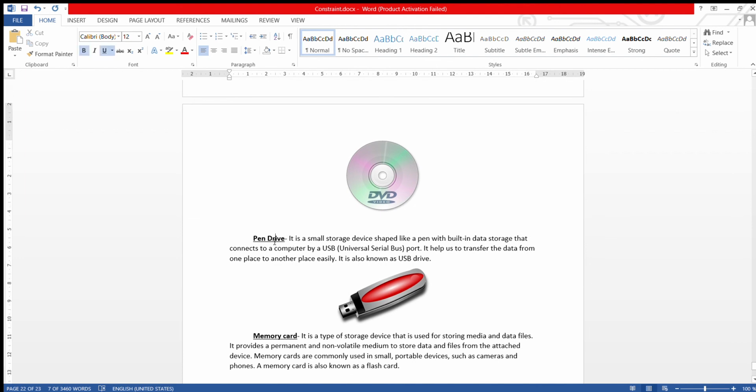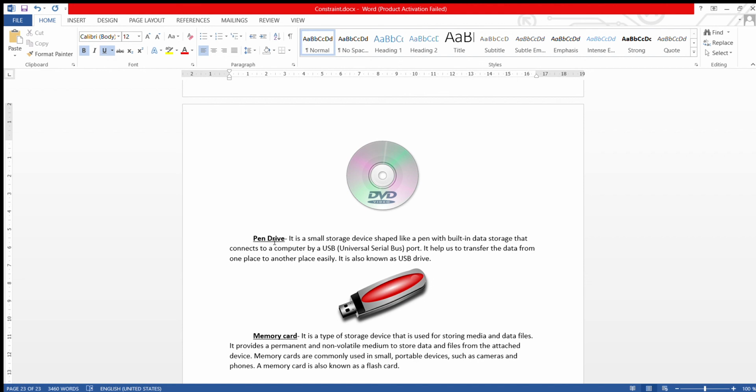Next is pen drive. All of you are familiar with the pen drive. This is nowadays the most commonly used secondary device for transferring the data from one place to another place. It is also known as USB, that is Universal Serial Bus drive.